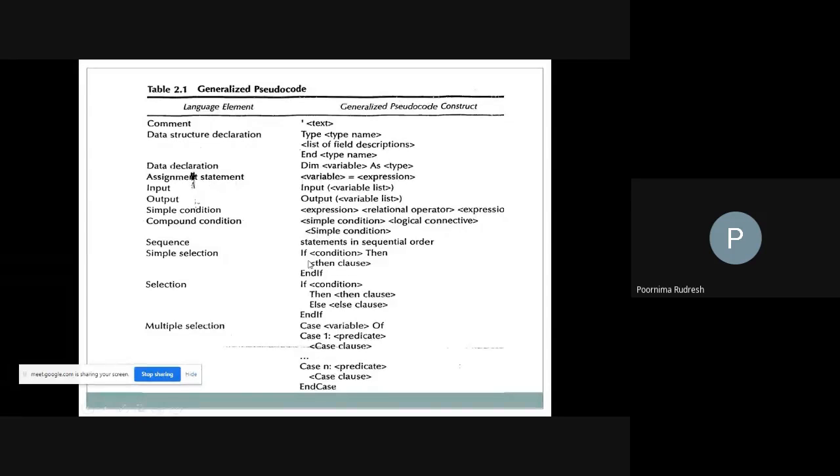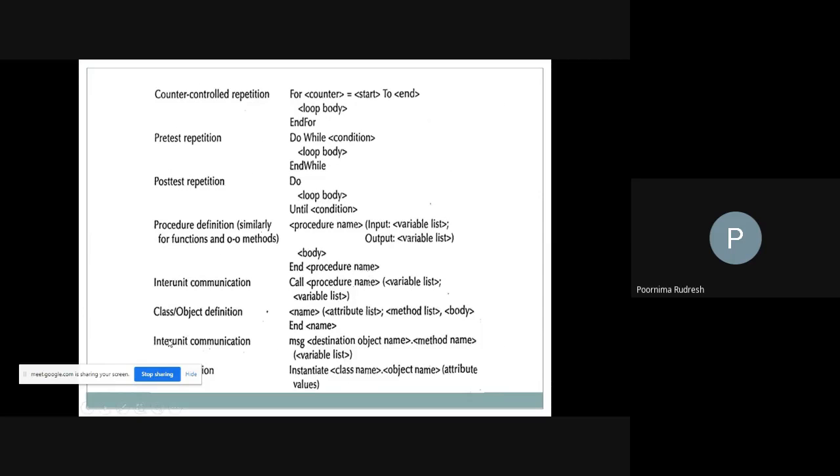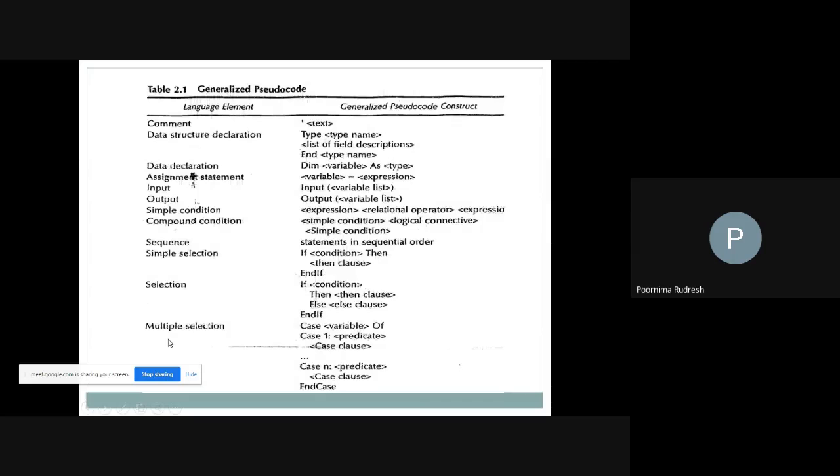Next comes the simple selection. There it is an example of the if else statement. If the condition is satisfied, then this, otherwise that, and end if. Right, many times you are using if else conditions. So here, if a is less than b, then we say that a is equal to minimum or b is equal to maximum. Then we end that statement.